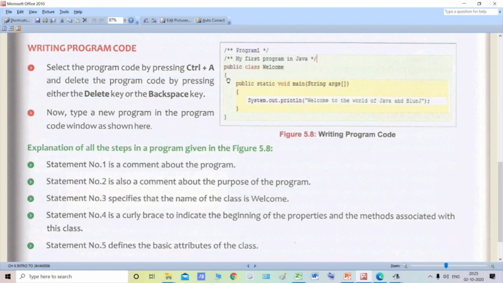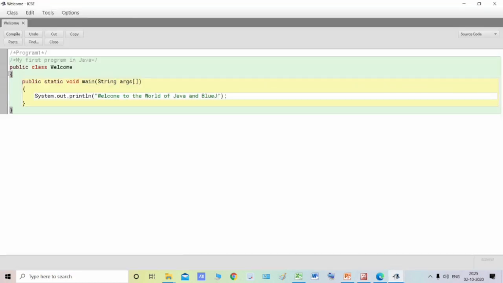So this curly brace over here, which is our statement number 4 in this particular program, is a curly brace to indicate the beginning of properties and methods associated with this class welcome. It simply indicates that whatever code we are going to write inside this class will begin after this. Okay, so this is the opening curly brace. With the help of this curly brace, we are opening this class.